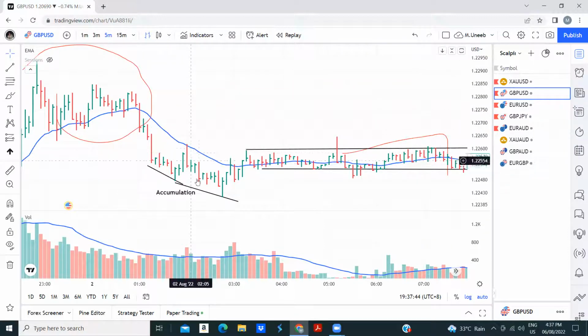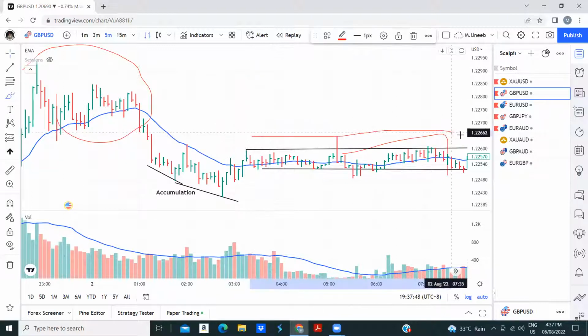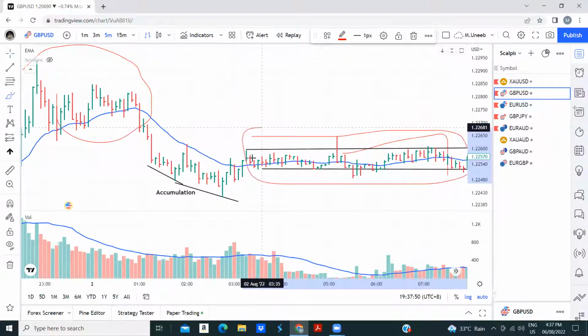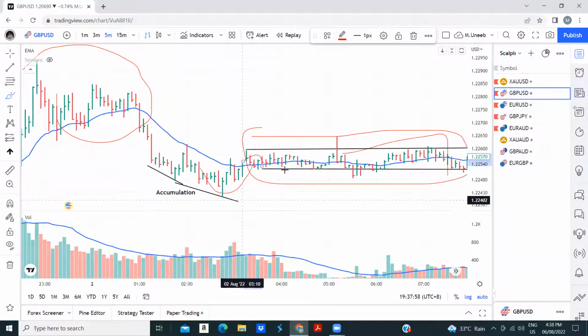After LPS, the price went down, but then the price entered this region, which is Asian range. The price is entering from the bottom, right? So why is the price entering from the bottom? What is the reason why the price is entering from the bottom? If it was because of accumulation,